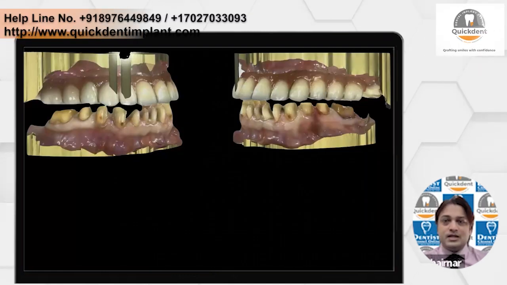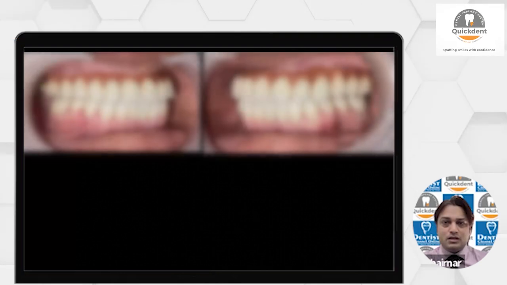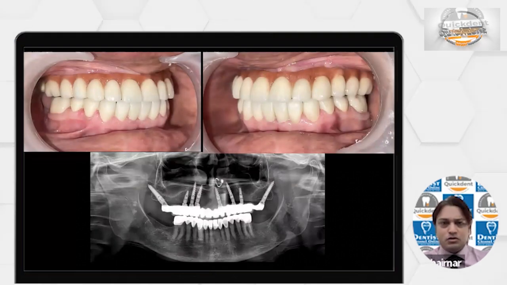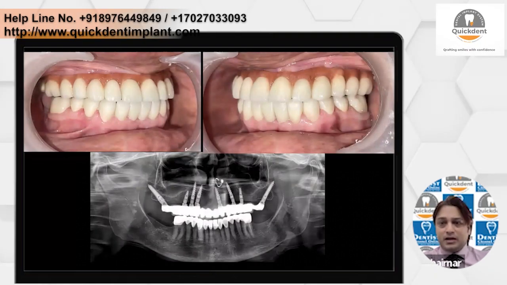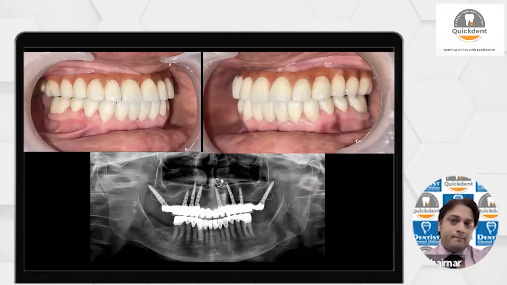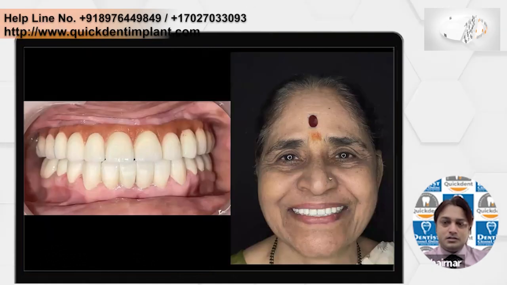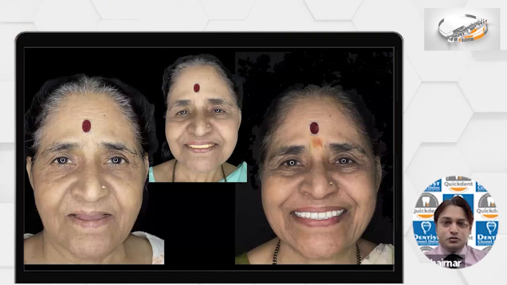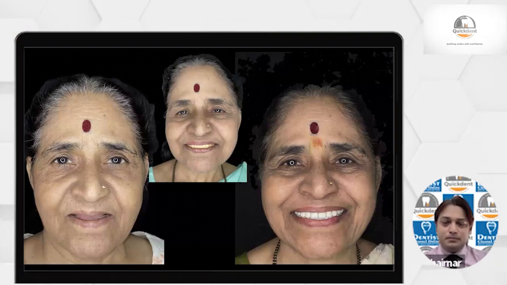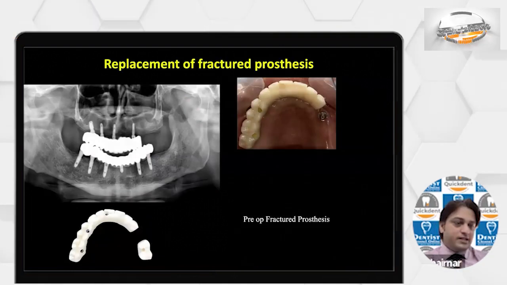Now lower, we decided to go ahead with the individual crowns and bridges. I think no root canal was done, but then we adjusted the plane of occlusion and every single crown was given. So it is basically an FMR case. This is done, and here this is the final of the patient, before and after. So you can see her lip was getting dropped in the pre-op, but after, finally she got a very good lip support also. So that was one more case.